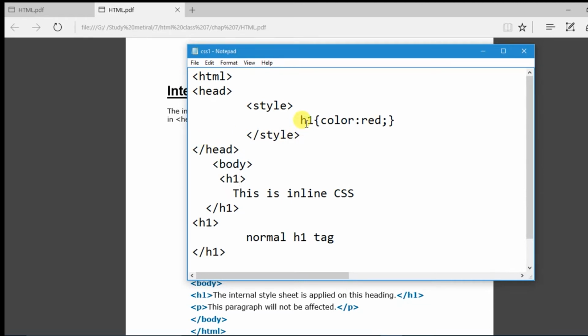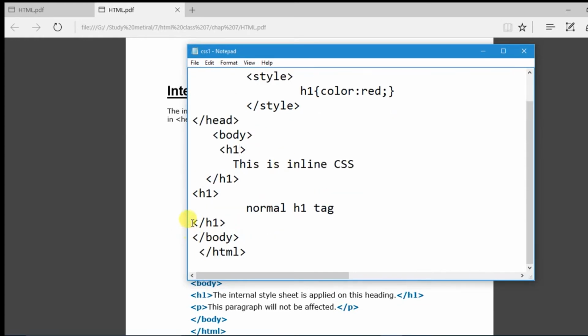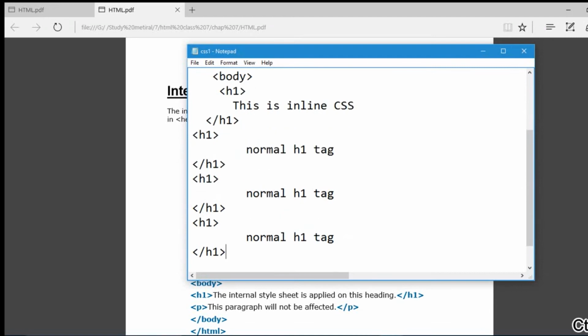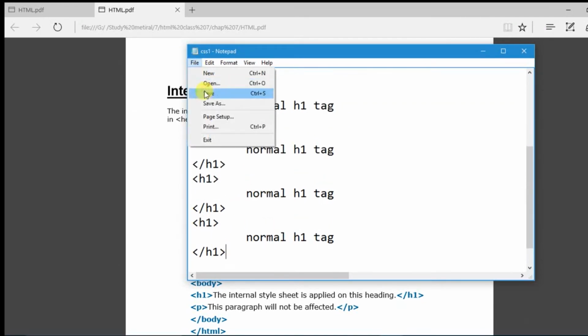Look at here, I am copying the same H1 tag, pasting it multiple times. Now move to the file option, click on the save button, and again move to the browser to view the effect.